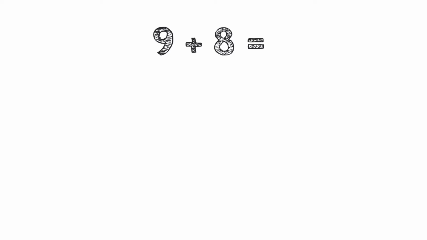Let's take a look at another example of making 10. And we're going to make mini number bonds to help us solve this. So we have 9 plus 8. I don't want to draw out 8 dots or count 8 times on my fingers to solve this, because I already have a 9 here and I know that it's really quick and efficient to make a 10